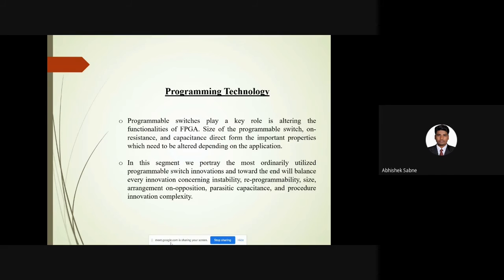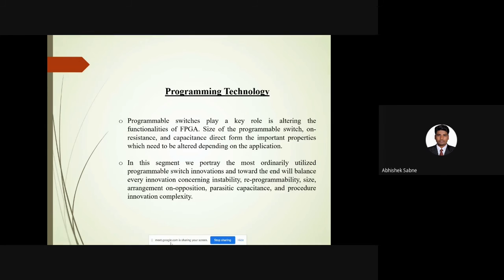Let's see the first, SRAM programming technology. What is SRAM programming technology? Xilinx, Plessey, Algotronix, Concurrent Logic, and Toshiba are some of the key players in the domain who make use of the controlling action of static RAM cells and multiplexers, and thereby apply SRAM programming, as shown in the figure below. When one is the input in the SRAM cell, the pass gate goes about as a shunt switch, and it can be utilized to make the association.